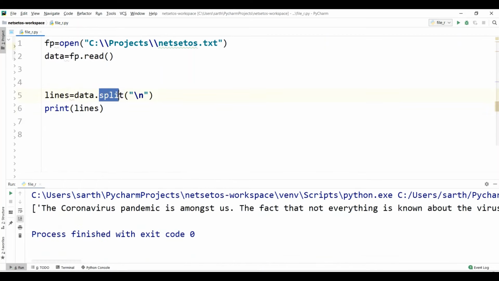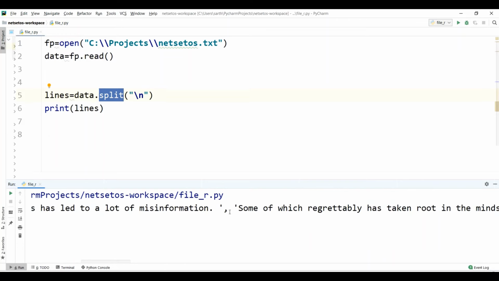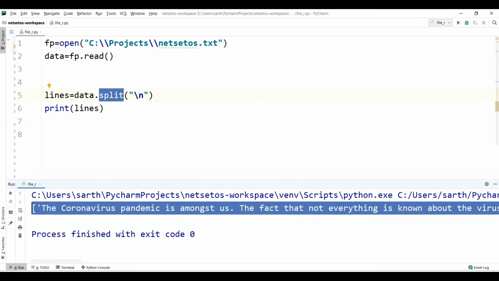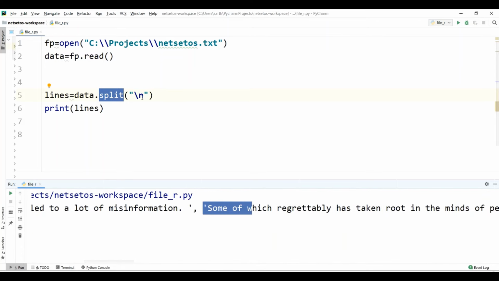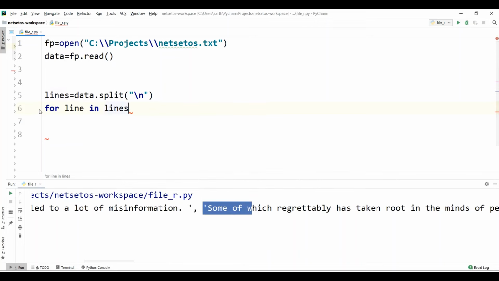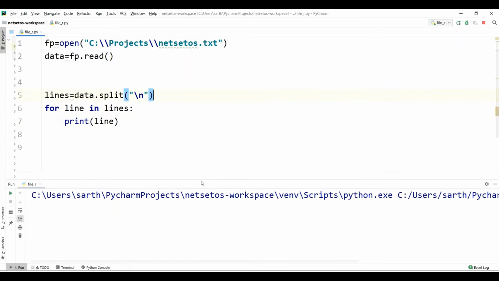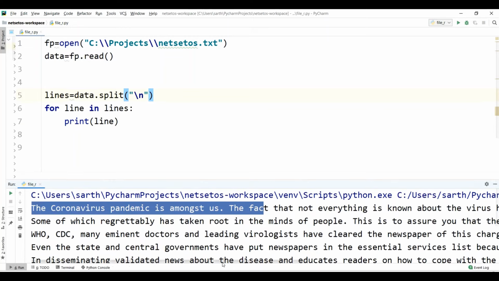Split always returns in the form of a list, and wherever it finds the next line, it will print one line, then a comma, then the next line. Now if I want each on a different line, I need to iterate: for line in lines, print line. So this will be clearly visible, all the lines in a single row.